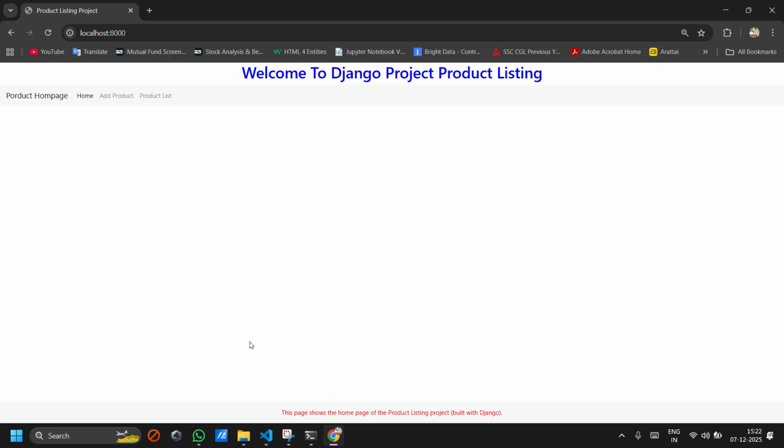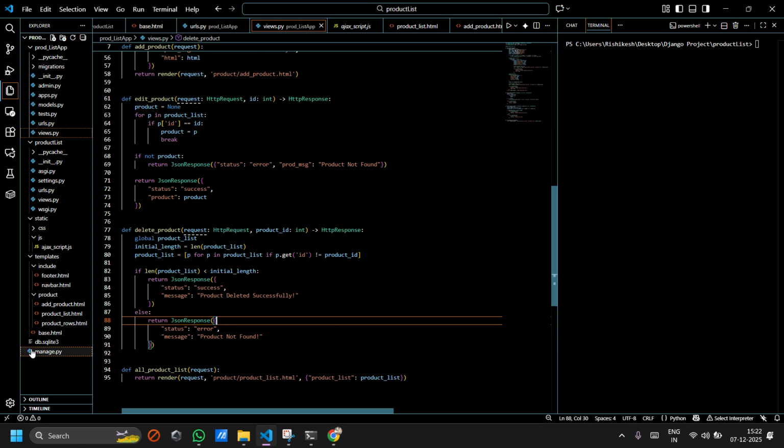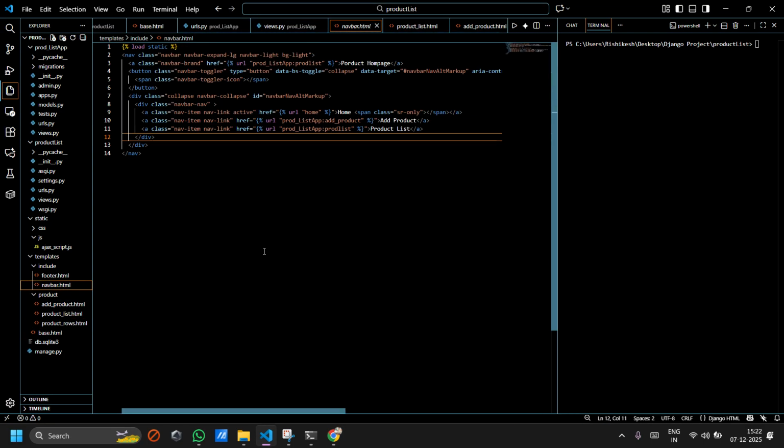And now when I click on product list, the link from the navigation menu goes to navbar.html in the template folder, and there we see the hyperlink reference with the alias name product_list_app with colon, product list. Then Django looks for the app name plus the product list name